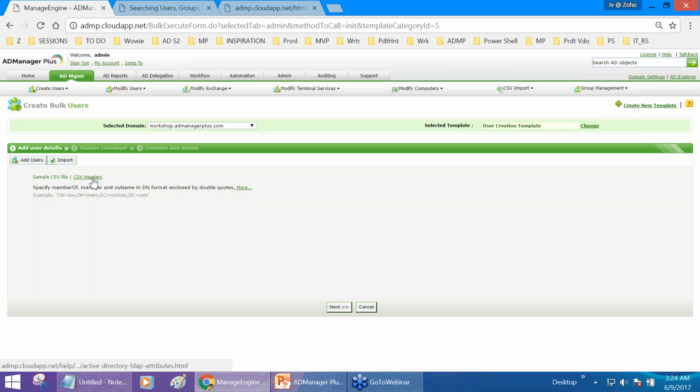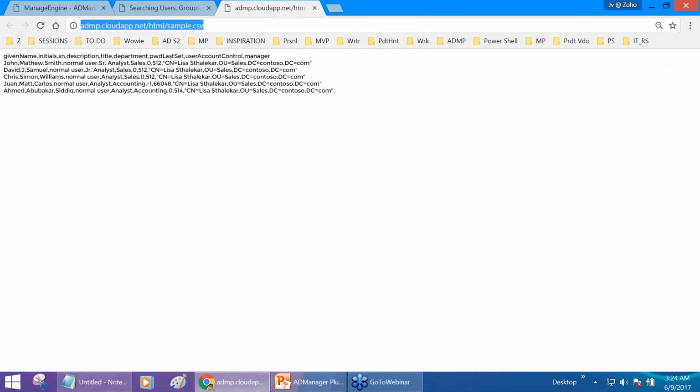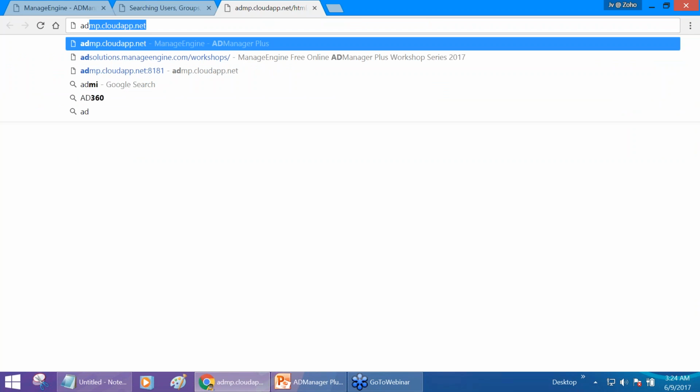So how do you get access to this? You can come into the AD management module, create users in bulk, and right here we have a prompt that says CSV Headers. Alternatively, you can access the help documentation for which I'm going to share you the link in a while,